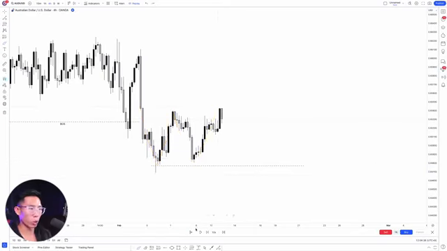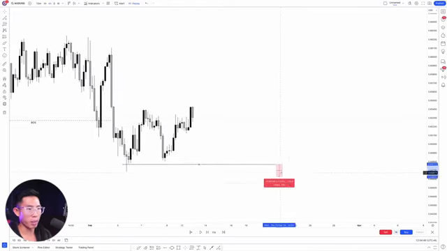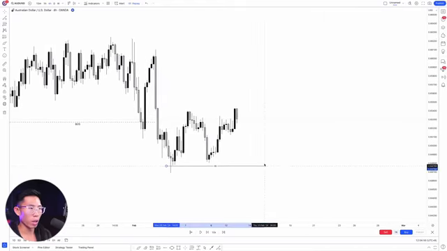So you can mark up a little liquidity zone right here. I just like to put a dollar sign because it shows me that smart money is going to enter the market soon. So we can expect price to go down here, sweep the liquidity below this low before heading back up. That is what we could potentially expect.